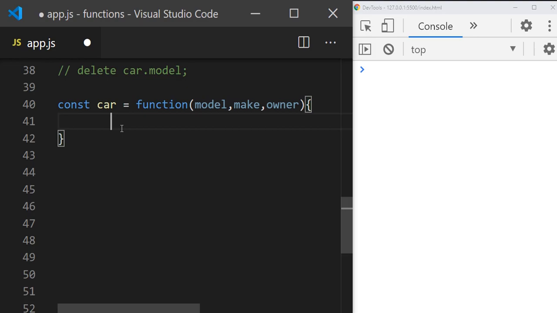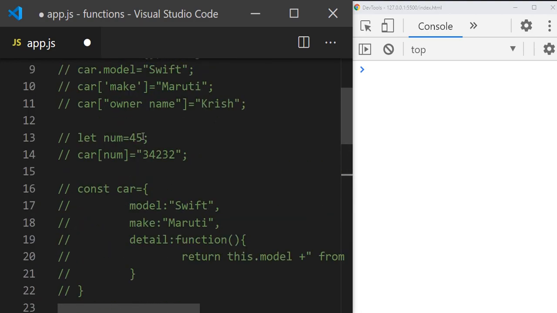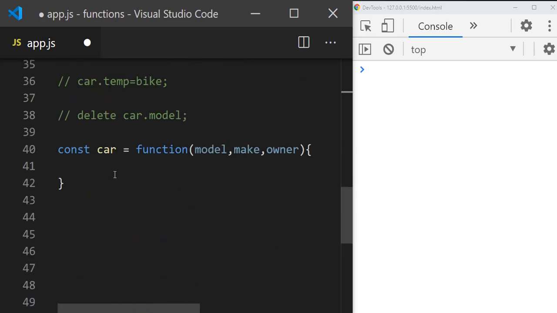And how do we assign the values here? Normally we assign the value like this: property and its name, or like this. But in a function constructor, how do we add it? You can use the this keyword, this dot model.